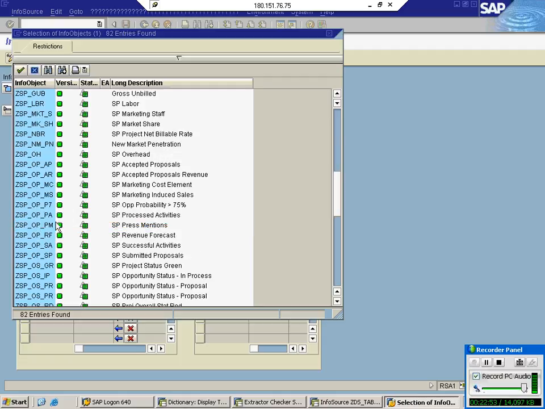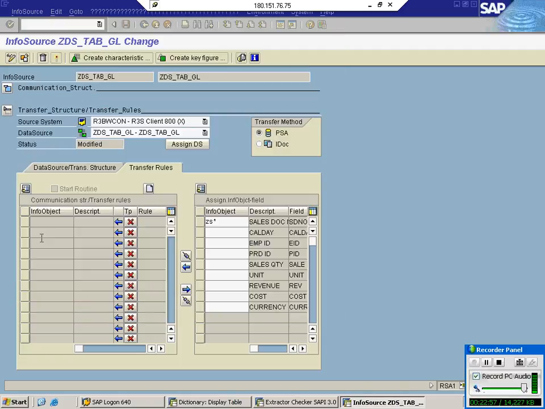First one is sales number, right? So sales number. So we can use 0CALDAY, then employee ID, then product ID, then sales quantity, referencing column, what is that?